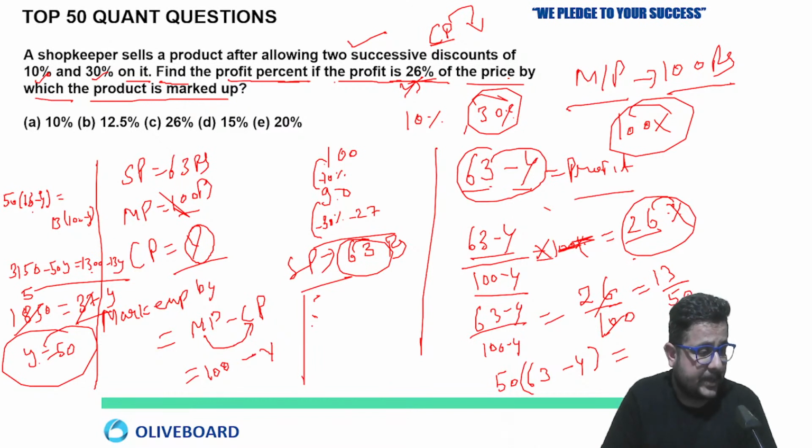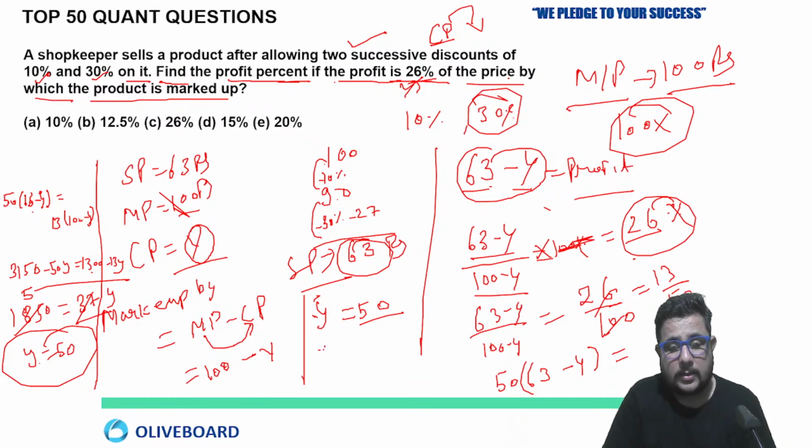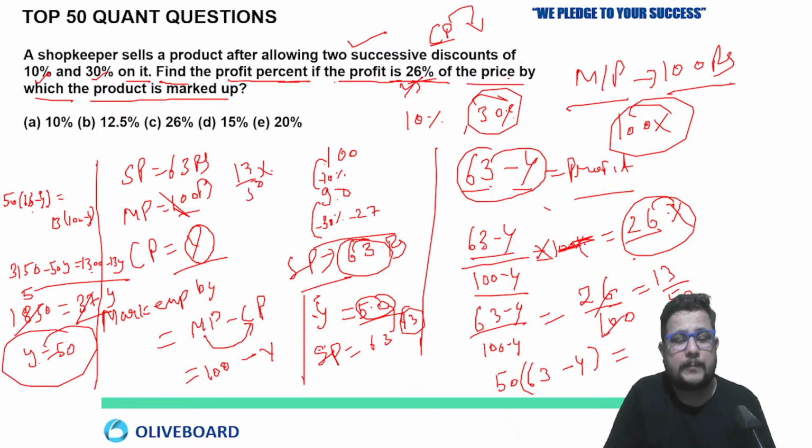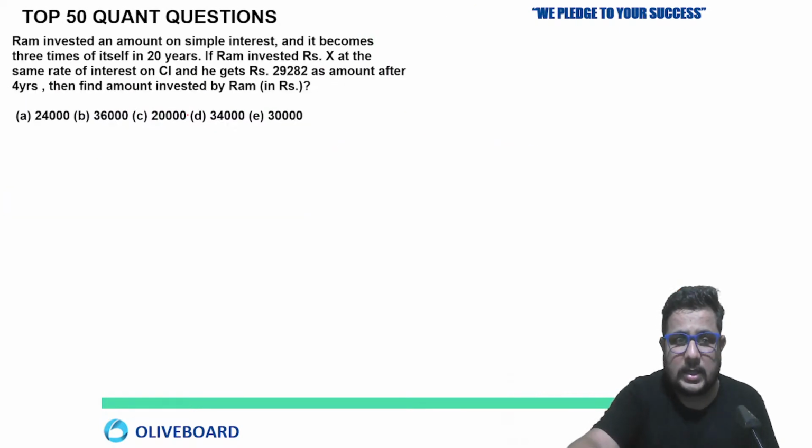So Pranav, Priya, Arnav, Varun, everyone, is this clear? So y is 50. If y is 50, now you can find out the profit percent, because selling price was 63. Their difference is 13. 13 with respect to cost price 50 is how much? So 13 by 50 multiply 100 here. So 15 twos are 100, 13 into 2, 26%. Clear? I hope you like the pattern of this question.